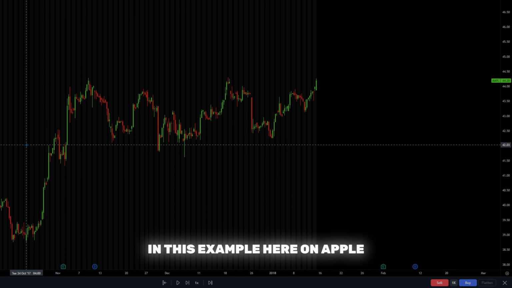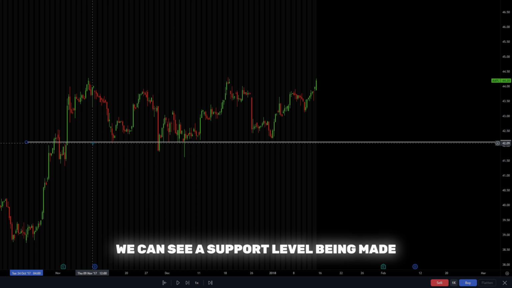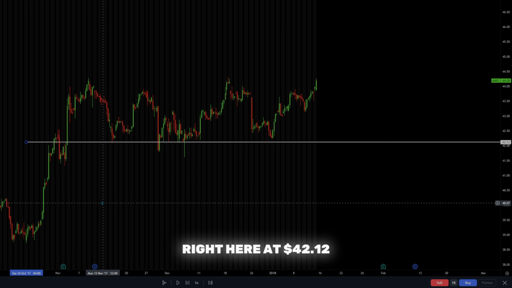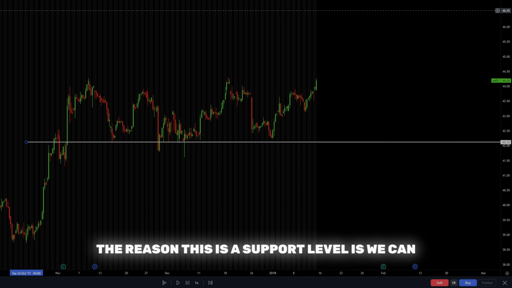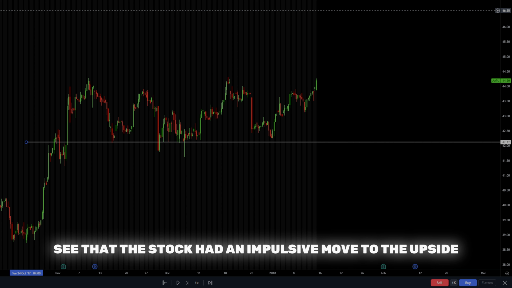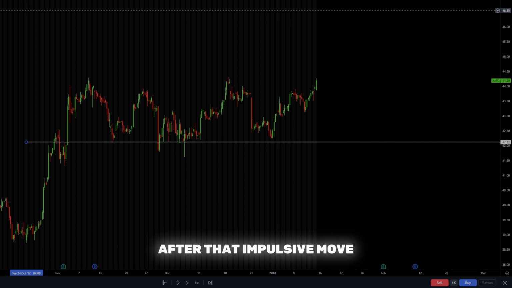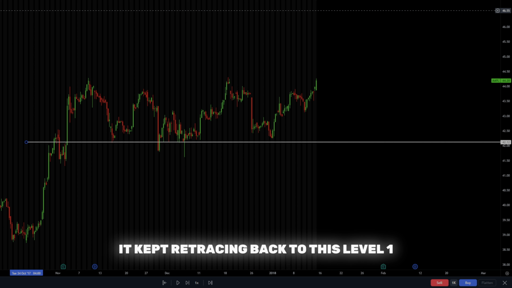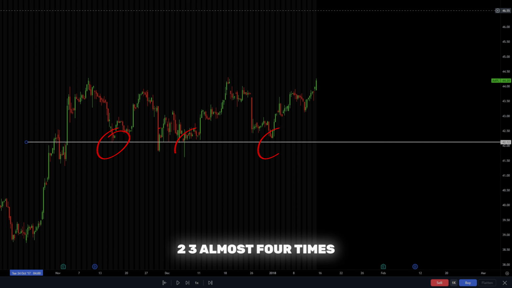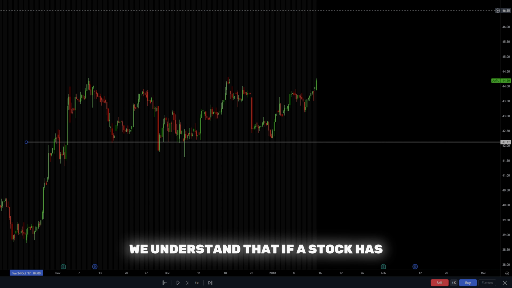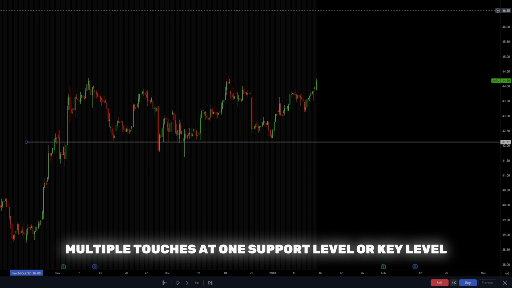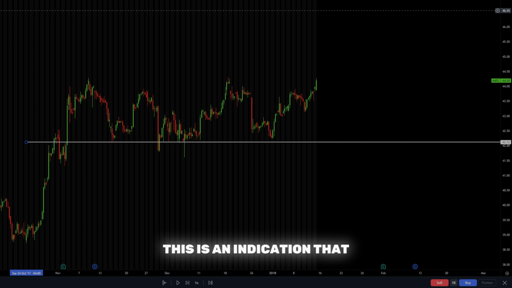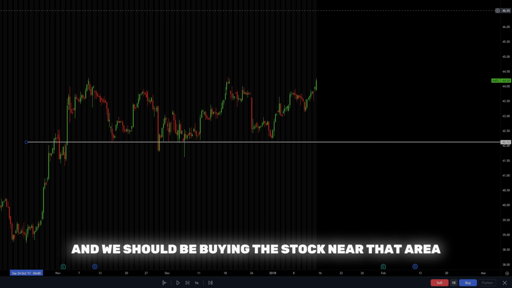In this example here on Apple, we can see a support level being made right here at 42.12. The reason this is a support level is we can see that the stock had an impulsive move to the upside. After that impulsive move, it kept retracing back to this level 1, 2, 3, almost 4 times. And therefore, we understand that if a stock has multiple touches at one support level or key level, this is an indication that the next time it comes to this level, we should hold and we should be buying the